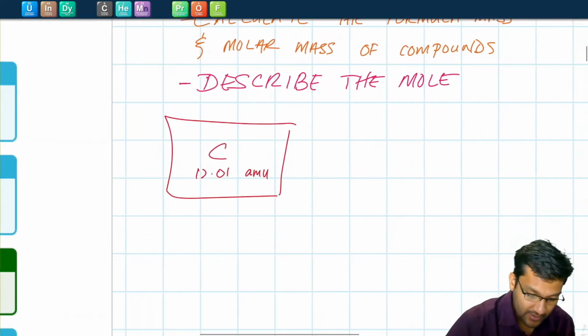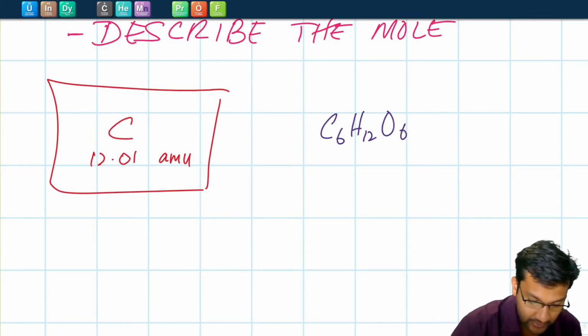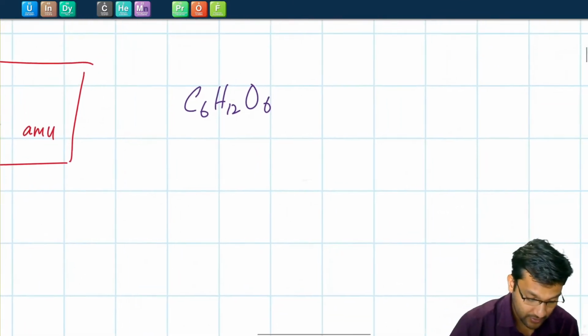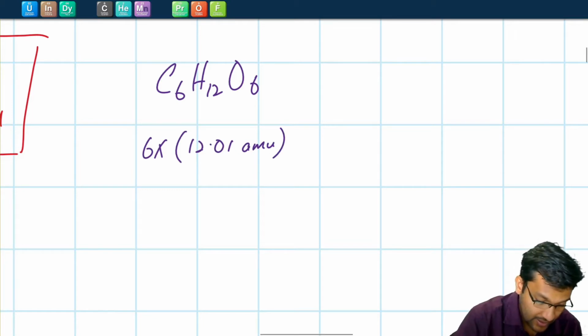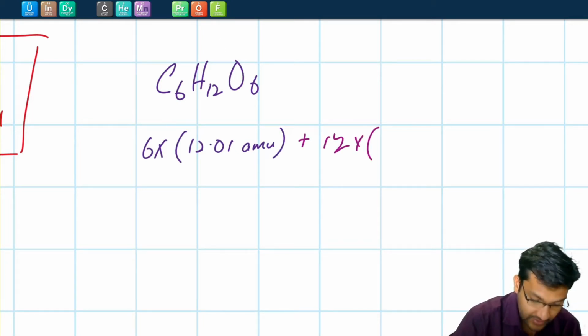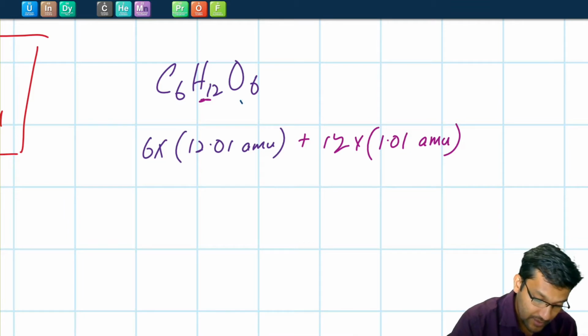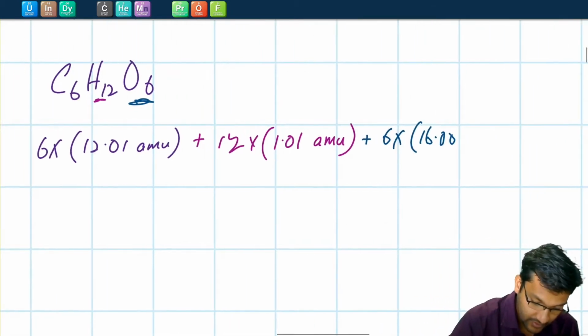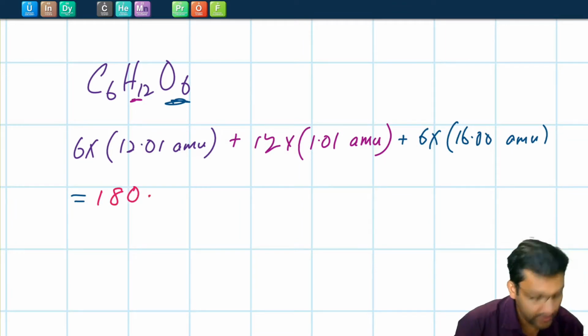Let's look at an example. Let's say we have a compound like sugar, C6H12O6, right? Glucose. What is the formula mass of this compound? Well, it'll be 6 times the atomic mass of carbon, so that's 12.01 atomic mass units, plus 12 times the atomic mass of hydrogen, that's 1.01 to 2 decimal places, plus 6 times the atomic mass of oxygen, 16.00 atomic mass units. So the formula mass for glucose is 180.18